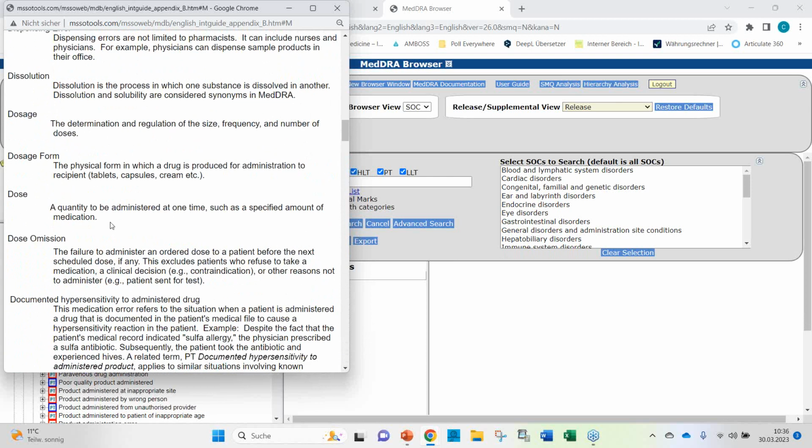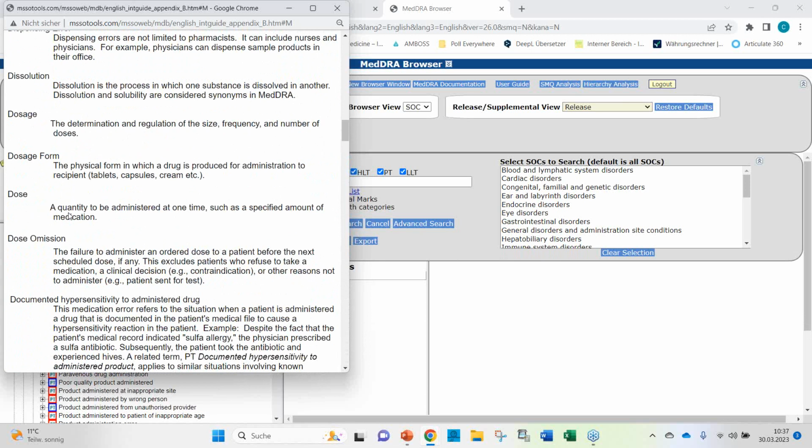Just to show you the specificity here, we have two terms, dosage and dose, and you will find the respective PTs as well. Incorrect dosage administered and incorrect dose administered, for instance. Dosage refers to the determination and regulation of the size, frequency, and number of doses, so also the duration of therapy. So it's a much broader term than just the dose.